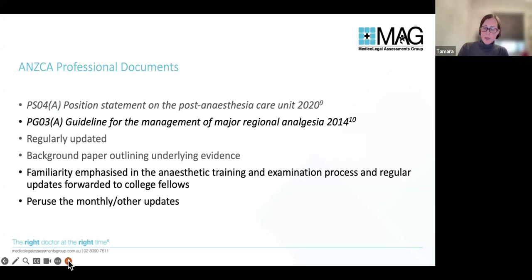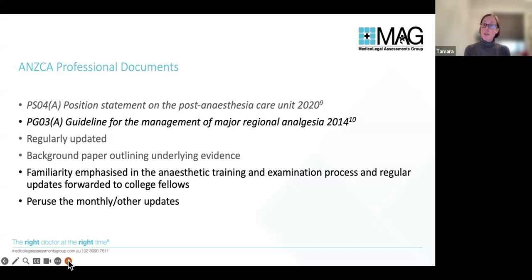There's a position statement, interestingly, on the post-anaesthesia care unit, or the recovery unit, and this outlines all sorts of things about what you should have in a good recovery unit: adequate staffing who are adequately credentialed, the sorts of equipment you need, oxygen, suction, monitoring, what sort of facilities you should have in an emergency, what sort of mandatory contact for an anaesthetist who has left a patient with you, how available they have to be, and so on and so on. It fascinates me that that's only a position statement, not some sort of more mandatory document.